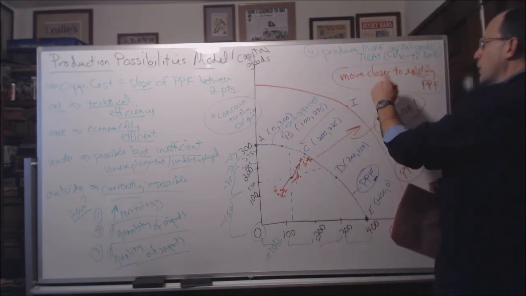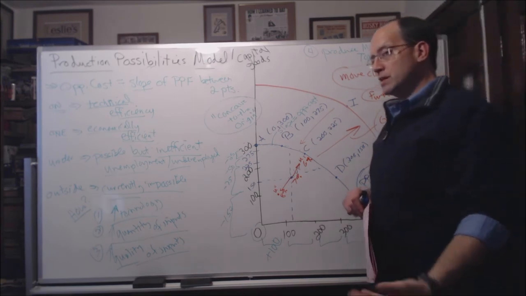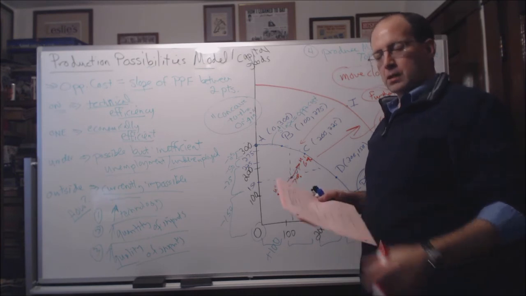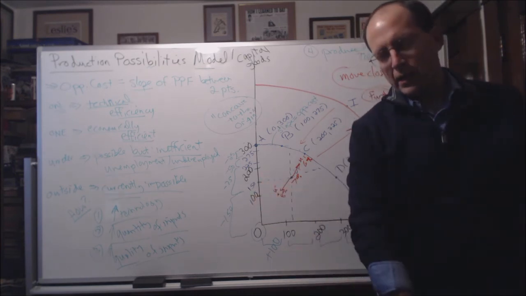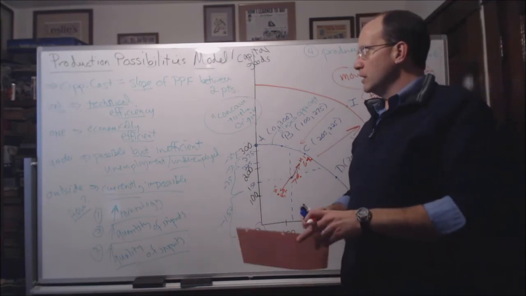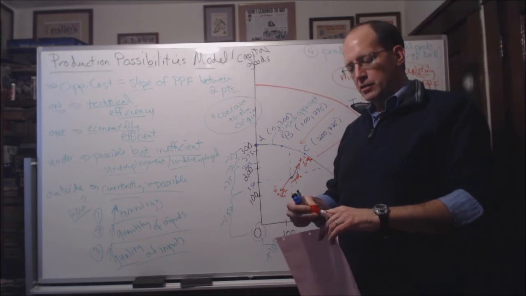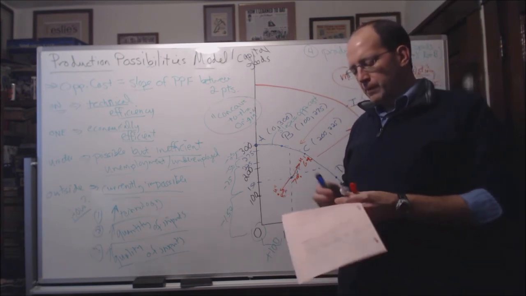So you move further away from the existing PPC because we're wasting more of what we already have, okay? So that's the production possibilities model, a good introduction to modeling, a good chance to see opportunity cost, efficiency, growth, those concepts in action. And just so you think about this in a little different way, we don't have to